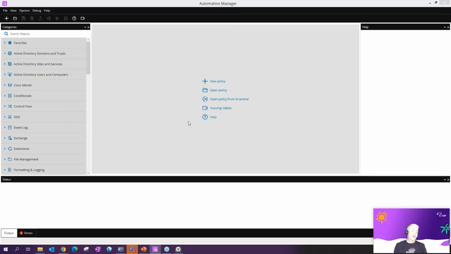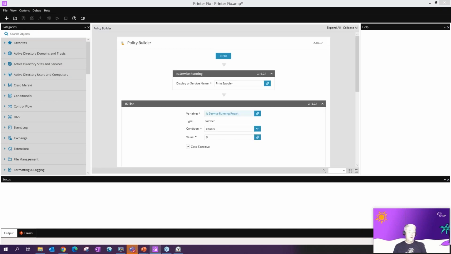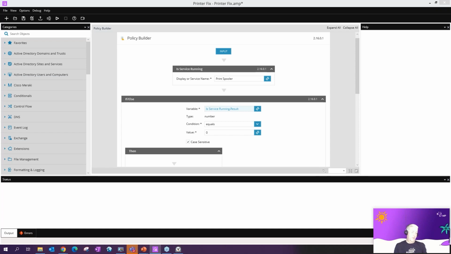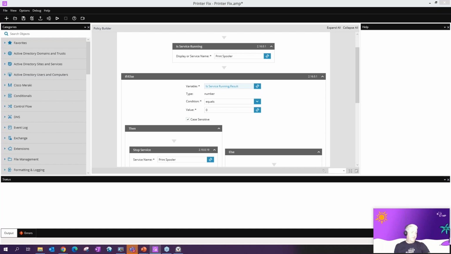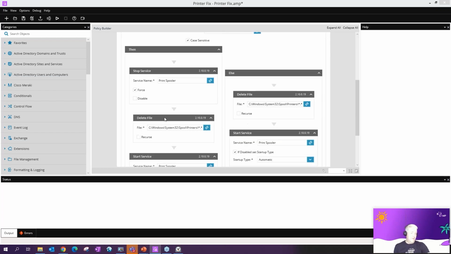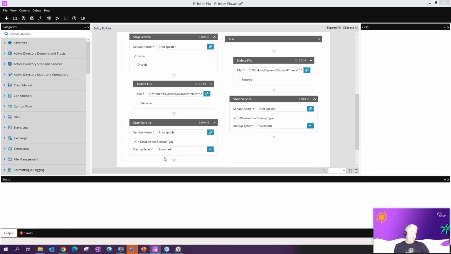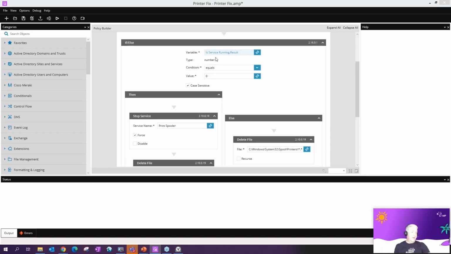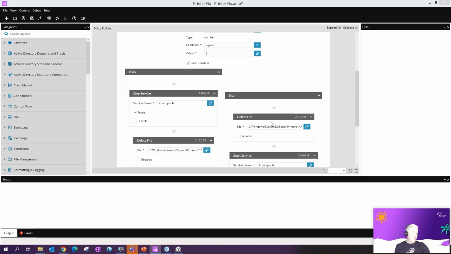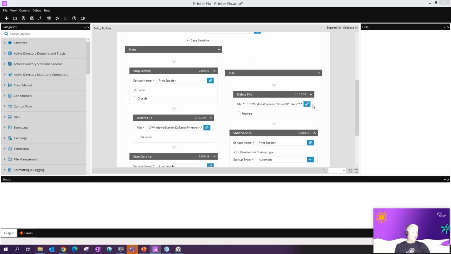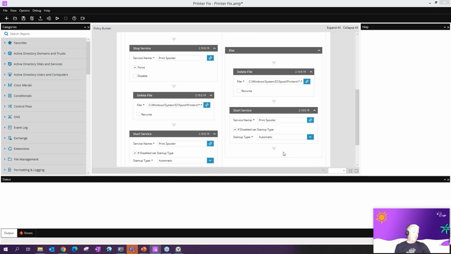Someone rings up and says, I can't print to a network printer. What we typically would have done in the past is ask, can I remote control onto your PC, which disrupts the end user. We then launch the services tab on the end user's device and check to see if the print spooler service is running. If it is running, we'd stop the print spooler service, delete whatever is stuck in the spool printers folder, and then restart the print spooler service. If we found the print spooler service isn't running, we might simply go straight to the spool printers folder, delete what's stuck in there and restart the service as well.